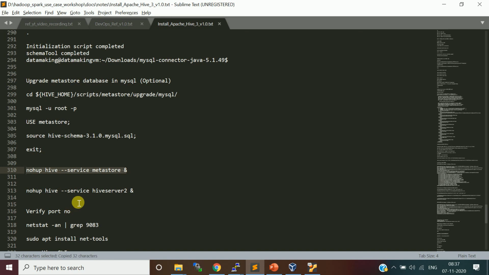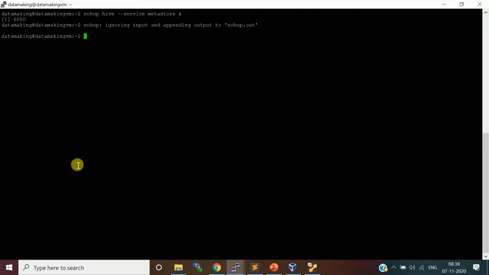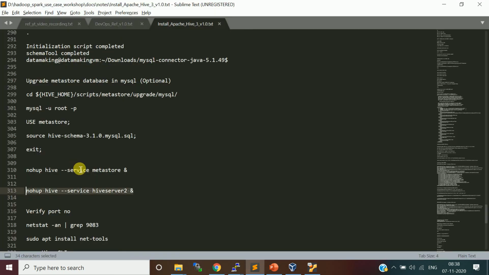So what I'll do is go and start the Hive Metastore. To use our MySQL Metastore, we need to start the Metastore service. So you can say hive --service metastore. I'm going to run it as a background process using nohup, and another service, HiveServer2. If you want to connect to the Hive tables remotely through JDBC using the Thrift server, you need to start this service. So I am starting this as well.